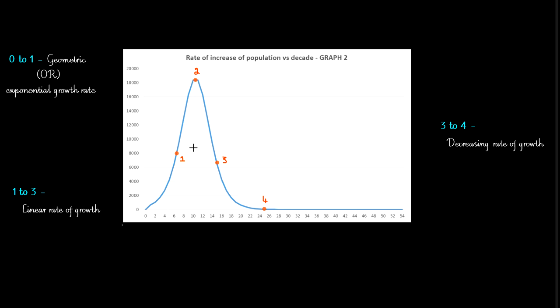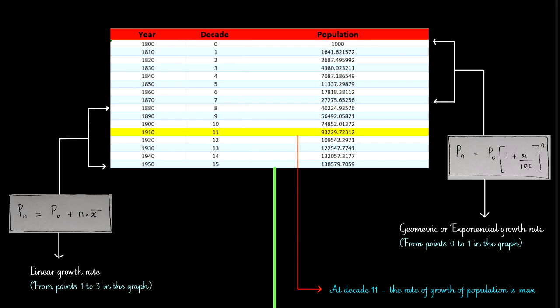And this graph is also detailed in the same way as the previous one, where points 1, 2, 3, 4 are also the same. From 0 to 1 you can apply the geometric or exponential growth rate, from points 1 to 3 you can apply the linear growth rate, and from 3 to 4 you can apply the decreasing rate of growth method. And this is further represented in tabular form, as you can see over here. So in the tabular form, when you move from decade 0 to decade 7,